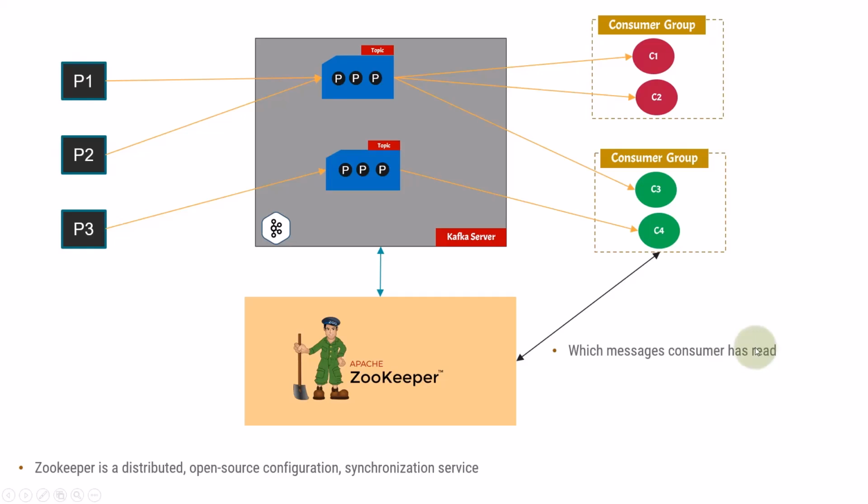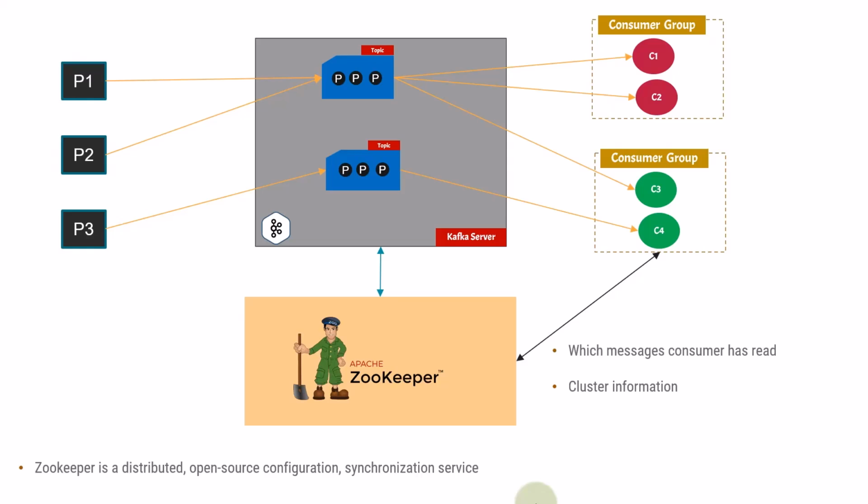You need to keep a record, or a count, of which messages have been read by the consumer. What is the cluster information, in which location, what is the IP address of the cluster. As we have seen in previous videos, in a production environment we have multiple Kafka brokers, and those Kafka brokers are called a Kafka cluster. So you have multiple clusters in different regions. There needs to be some system which stores all those configurations.